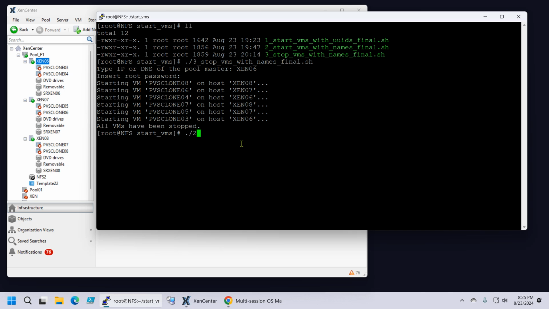Okay, and as I told you, it's the same script, just one word is changed between them. And of course, for the start, I've written in the bash script that it should wait 8 seconds after one VM starts, but it should start the first VM on each host at the same time, at least